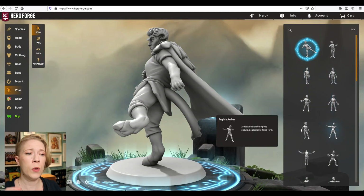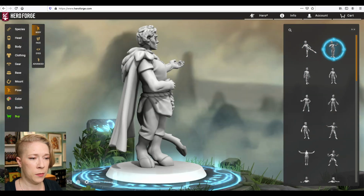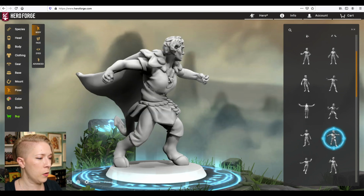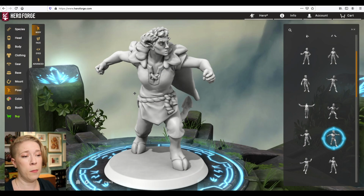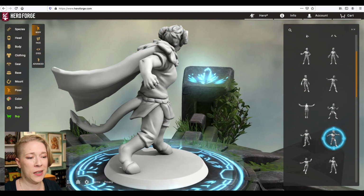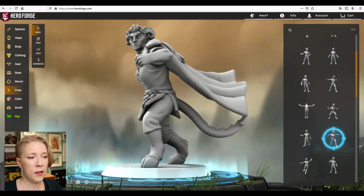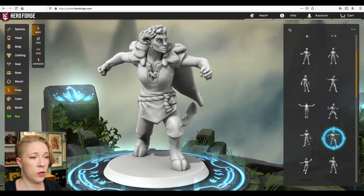Yeah, if you're going to have a cloak, what's probably going to be easiest is going for maybe not something like this, where it's going to be difficult to get into those details there, but a more active pose. This is another great one where the cloak is kind of flowing up. You're going to have a lot of different angles that you can get in there. And that's ultimately kind of the name of the game, angles for your brushes. And the easy way to kind of check this as you're going is just move the mini around. See if there are any perspectives that you kind of can't reach certain things when you're looking at the mini